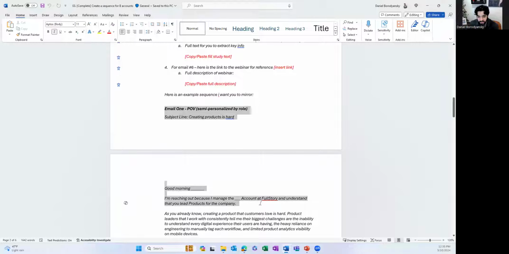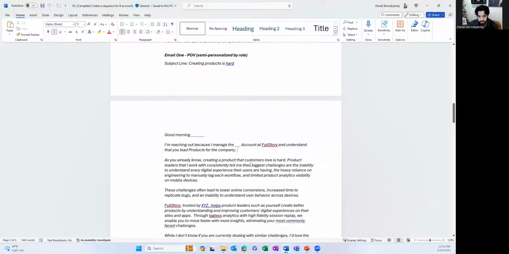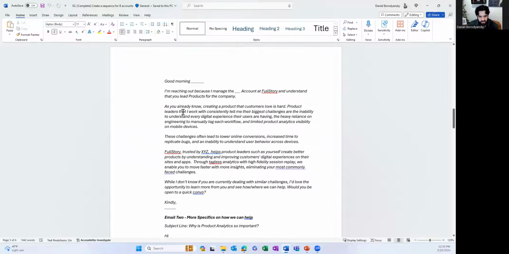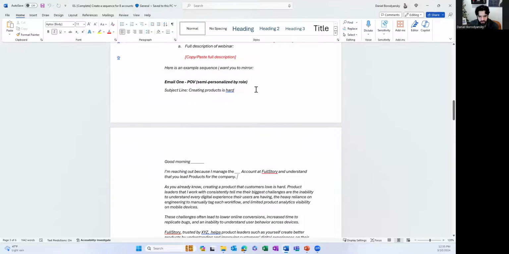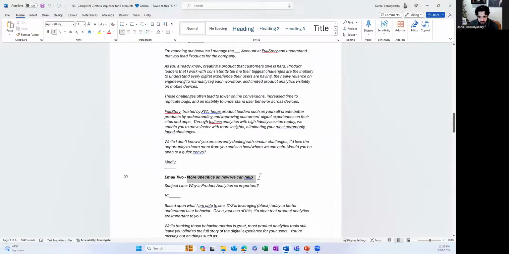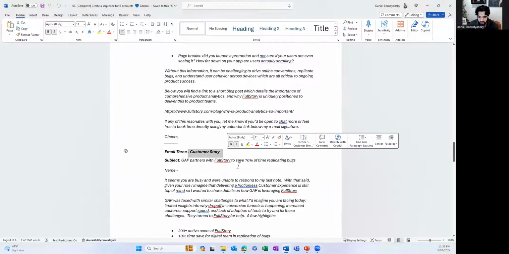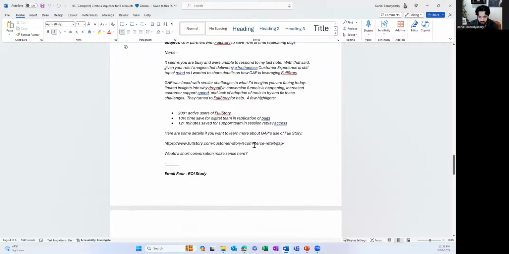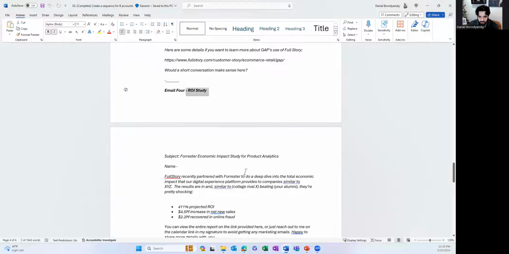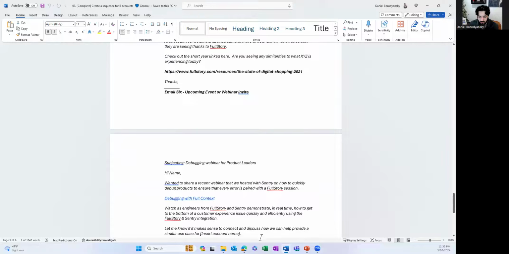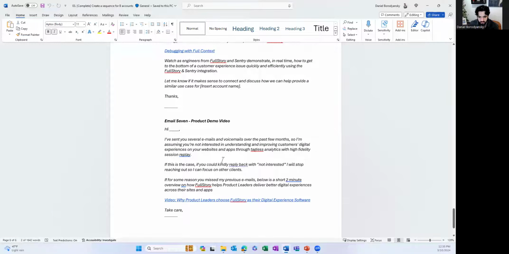So this is actually the exact sequence that Ian provided in his course. So email one, I think it's 8 or 7 different emails. So the idea is we share a point of view up front, then we give more specifics on how we can help in email number two. Then we share a customer story with some key metrics in email number three. Then we do an ROI study in email number four. We share some trends in email number five, and then we invite them to a webinar, and then we close it pretty much saying, hey, if you guys are not interested, let me know, and I'll move on to